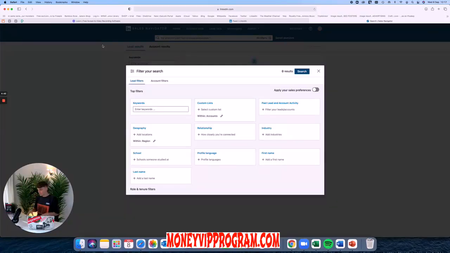So you've got to make sure you've chosen a niche which the leads are going to be on here. But what you're doing here is just narrowing down the total pot of people on LinkedIn to get your lead list of the people you want. So say we'll continue with the example of dermatologist. So if we literally just type in keywords,